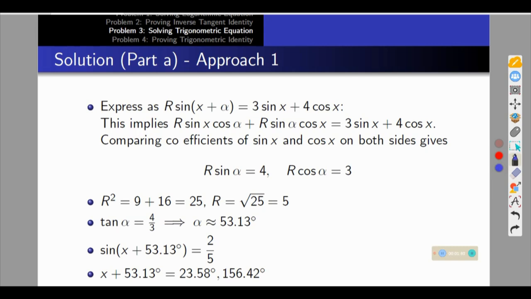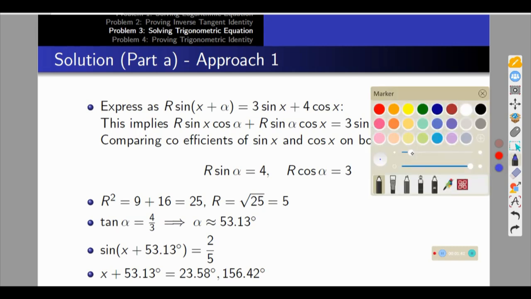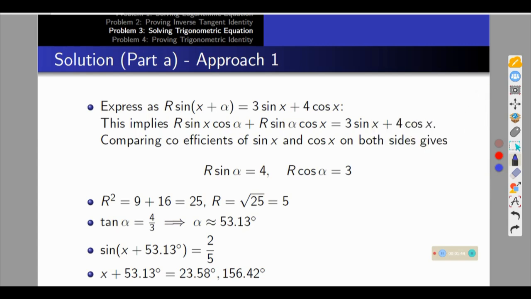So let us look at that. We know by sine expansion, sine of a plus b is the same as sine of a cos of b plus sine of b cos of a. So using this